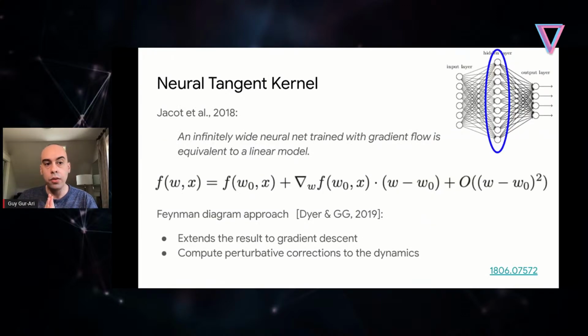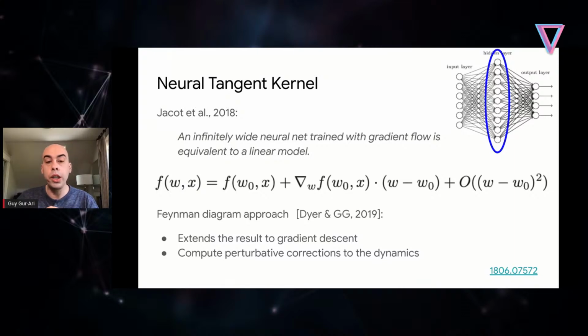In this talk, we're going to build on one particular result that has to do with theoretical control over wide networks, which goes under the name of the neural tangent kernel. This is something that was discovered in 2018, and I'll summarize that result now. It's a theorem that says that if you take your deep network, you keep the number of layers fixed, and you make the network infinitely wide.